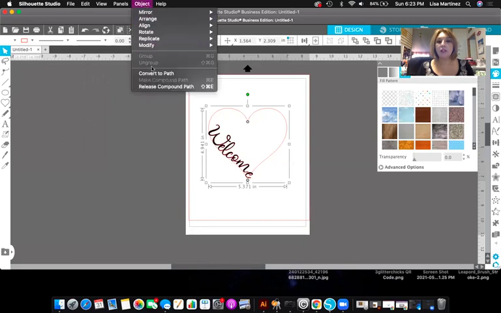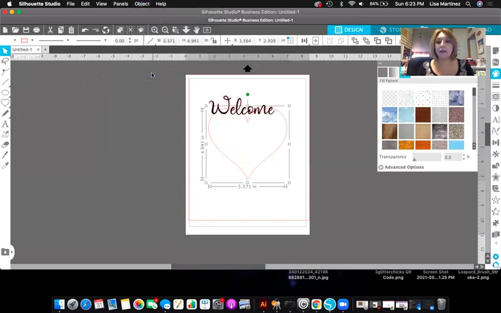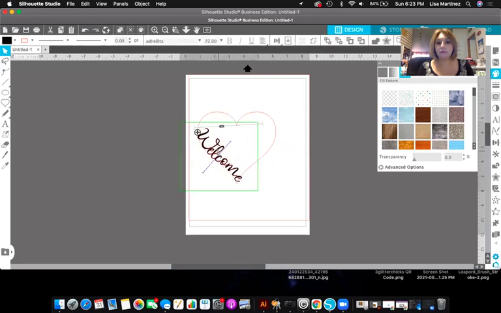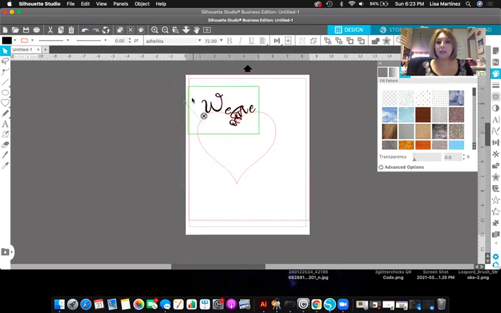We're gonna hit object, convert to path. And I think it only converted our heart. So let's make sure we are there. We're happy with that. Object, convert to path. Now, if we wanted to take it on the outside of the heart, again,